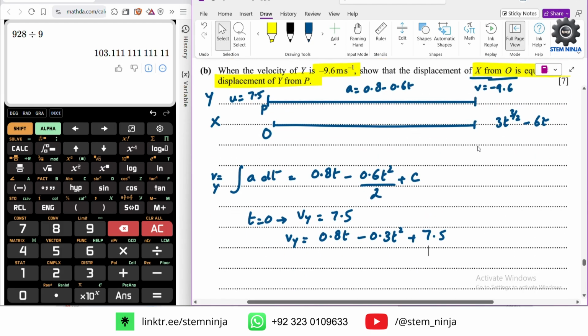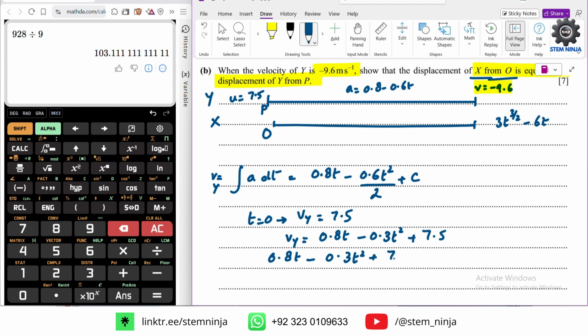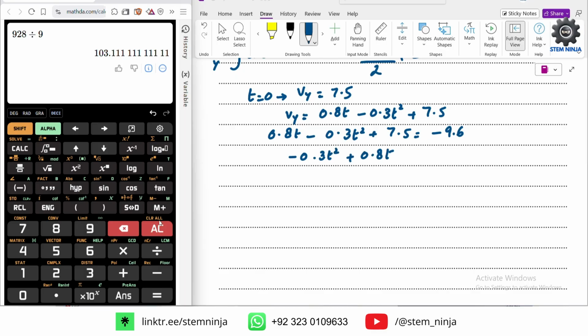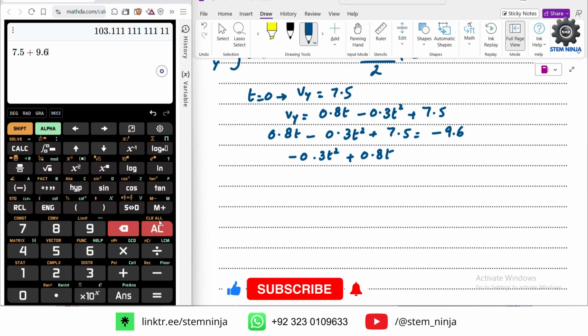And now we need to know at which time it becomes minus 9.6. So we equate that: 0.8t minus 0.3t squared plus 7.5 equals minus 9.6. Okay, we bring it to one side, so this is minus 0.3t squared plus 0.8t, 7.5 plus 9.6,